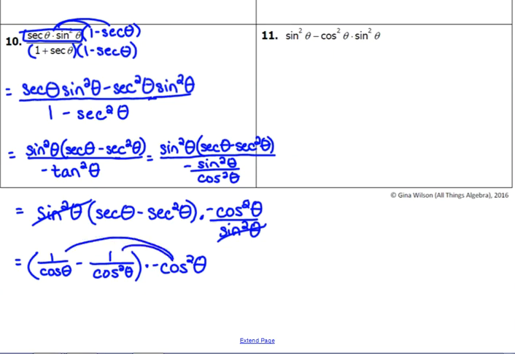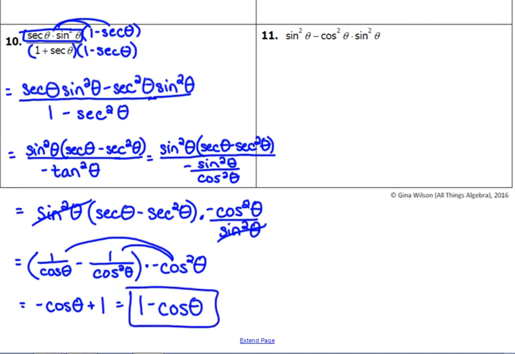So if we distribute here, negative cosine squared of theta over cosine theta, that's negative cosine of theta. And then a negative times a negative is a positive. Cosine squared over cosine squared is 1. And you'll probably see this just because this is what they do to save ink. You'll probably see that written as 1 minus cosine of theta. So that one took a little